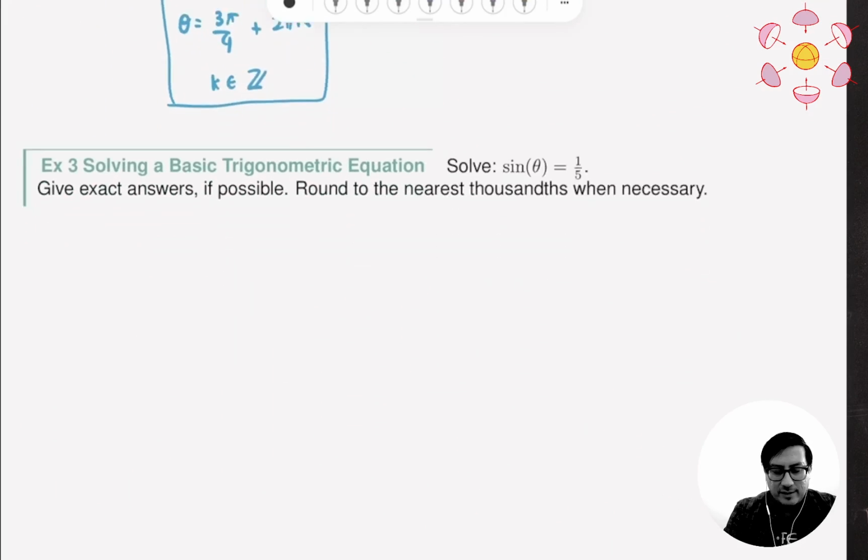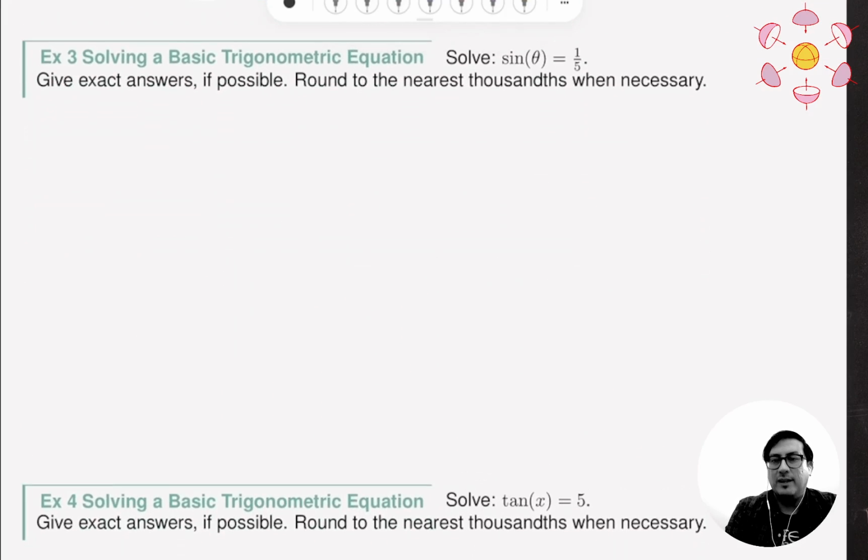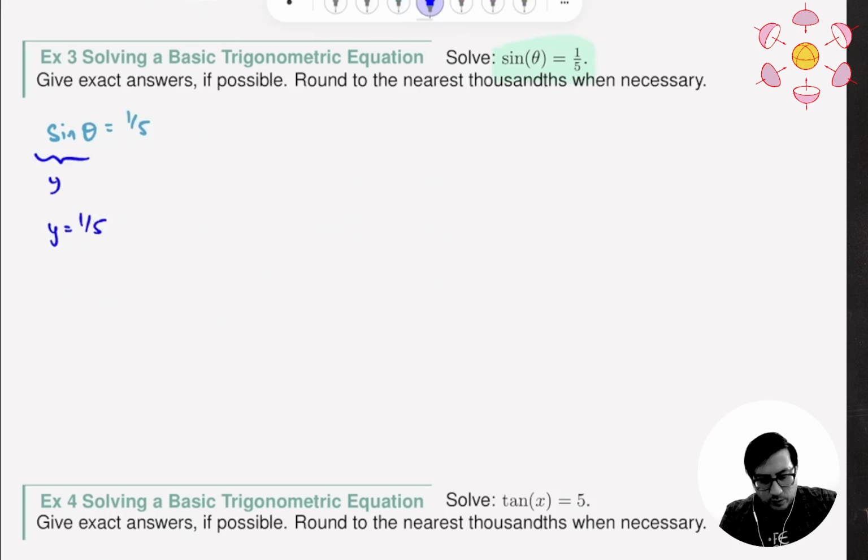So for this section, I think it's so important. I'm going to do basically all of the problems. Okay, now we have a new problem here. Sine theta equals 1/5. So by now, you know the drill. We're going to solve sine theta equals 1/5. Sine you associate with y, so we're going to look for y equals 1/5 intersection. So as we draw our picture,